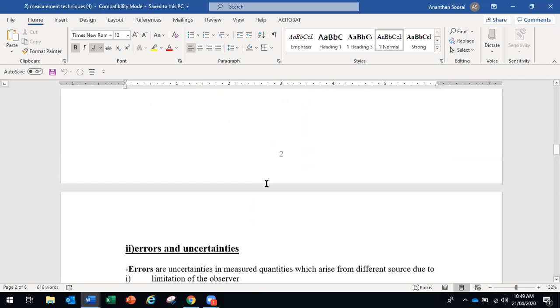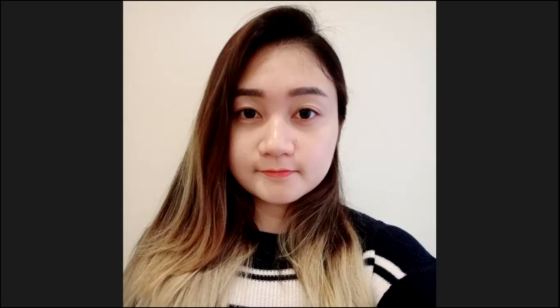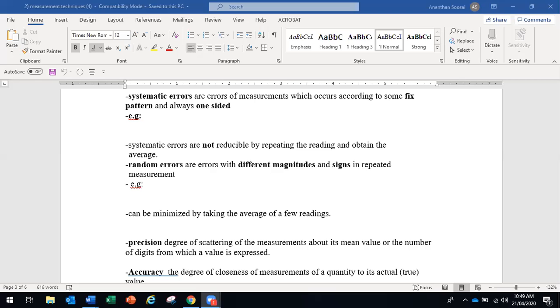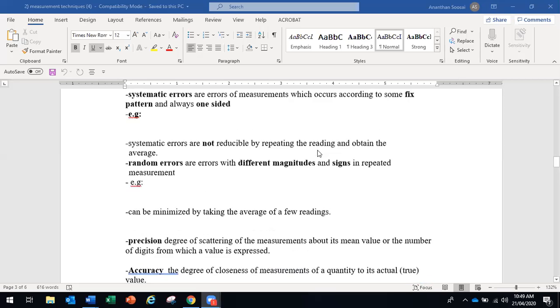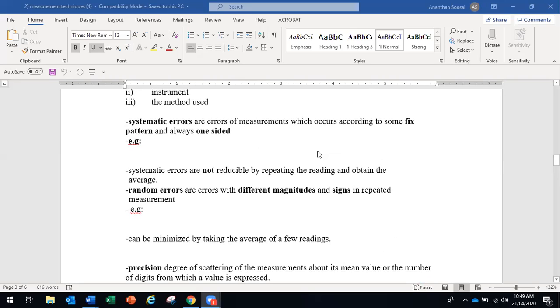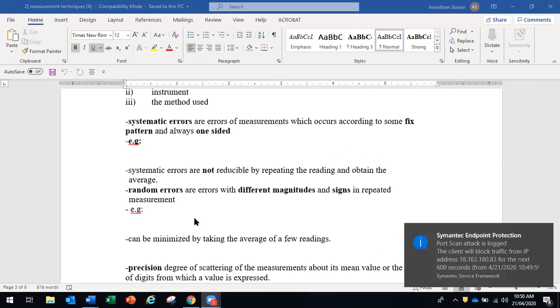Sorry, I think the internet has a problem. Listen, what is one source of systematic error? Zero error. Systematic error is one type of zero error. Random error can go for